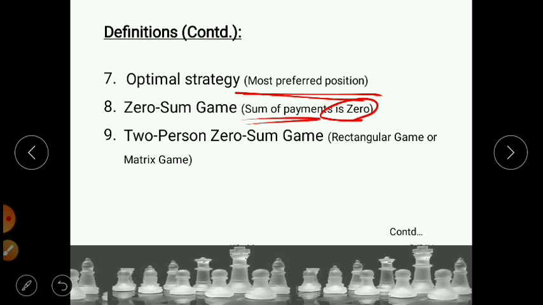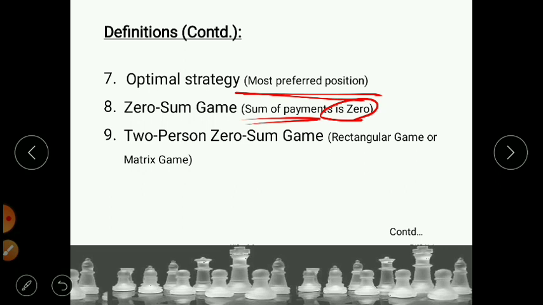Just to give an example, in a zero sum game, the gain of the player that wins is exactly equal to the loss of the player that loses. So the margin or payoff of the winning player will be equal to the margin of the player who has lost the game. I repeat it once again: in such a game, the gain of a player that wins is exactly equal to the loss of the player that loses the game.